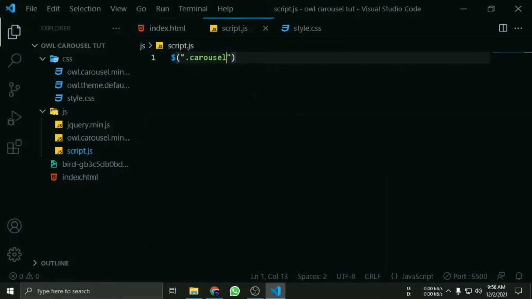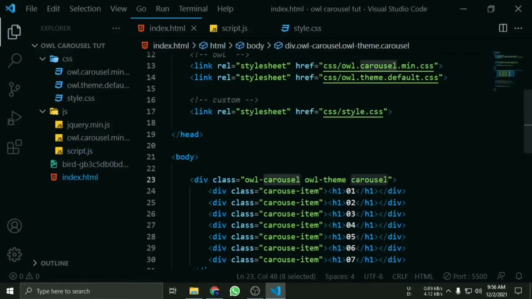Okay, I have added that same class over here, this class. You will have to use this class, not this class, because if you use this class now, then you will face trouble after some time. For example, if I am taking this and in my page there are 10 to 20 sliders, so if I target it from this, then I can't customize each and every carousel.